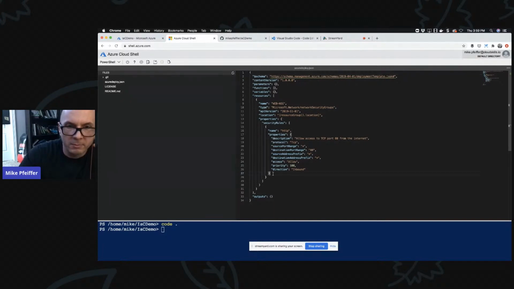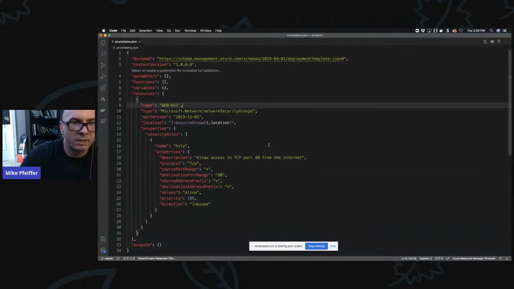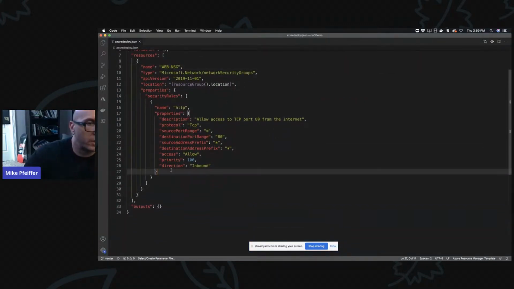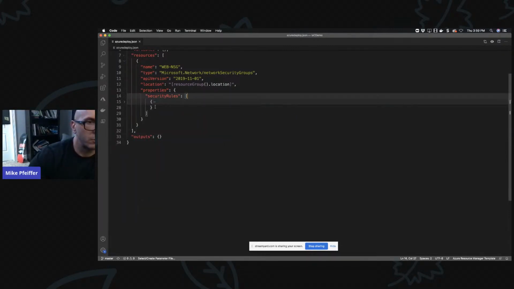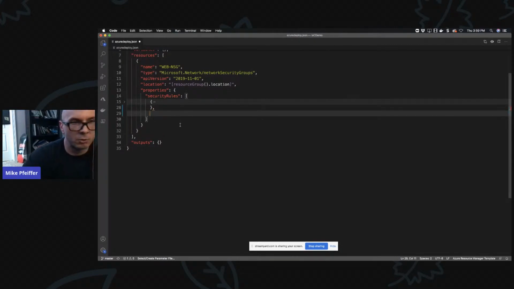What I'm going to do here is create a new rule. I'm going to add another security rule. For the sake of catching any errors, I'll just do it here first, and then I'll paste it over there. This will also be easier to see. So watch, that's one rule, right? This is a collection of security rules. Let me add a comma here, hit enter, then I can just create the next rule.